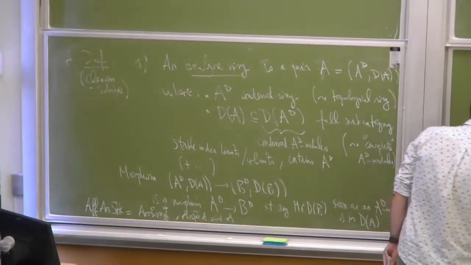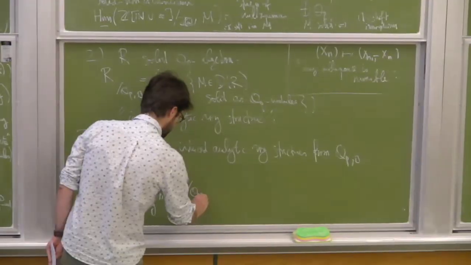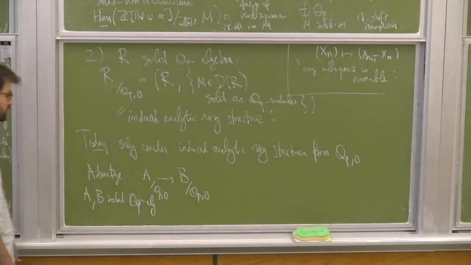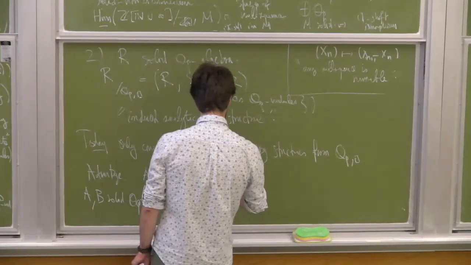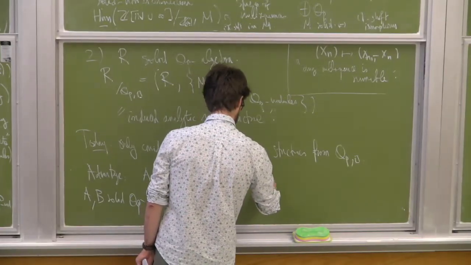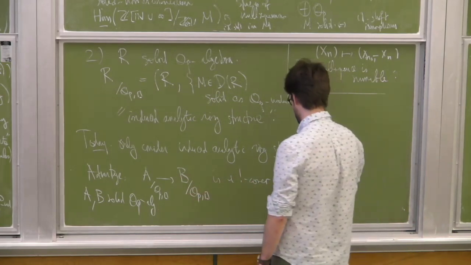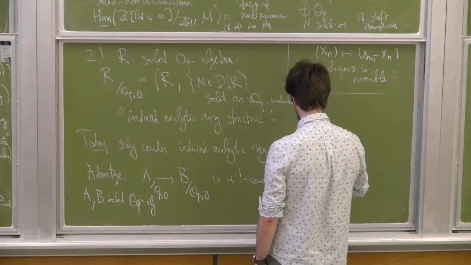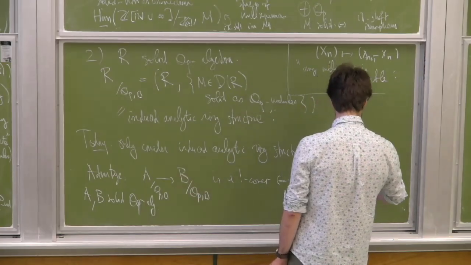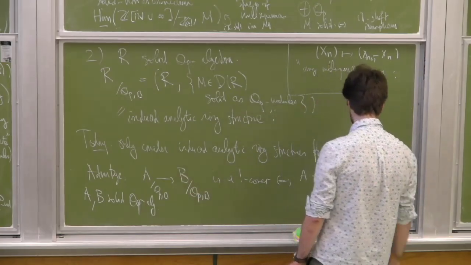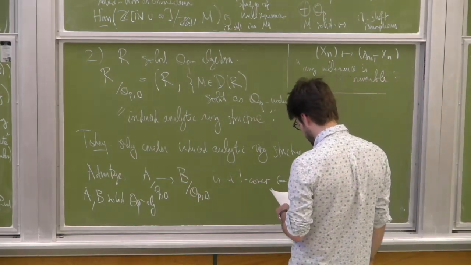And I consider a morphism between them, so that I want to see it as a morphism of analytic rings with the induced structure. Then I had this notion of a strict topology, which I did not define precisely. But in this situation, being a strict cover is the same as saying that the morphism A to P is descendable,